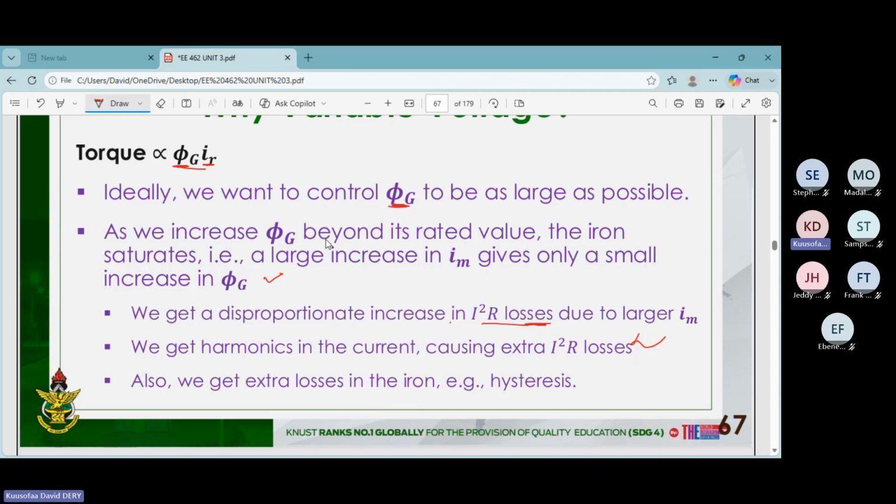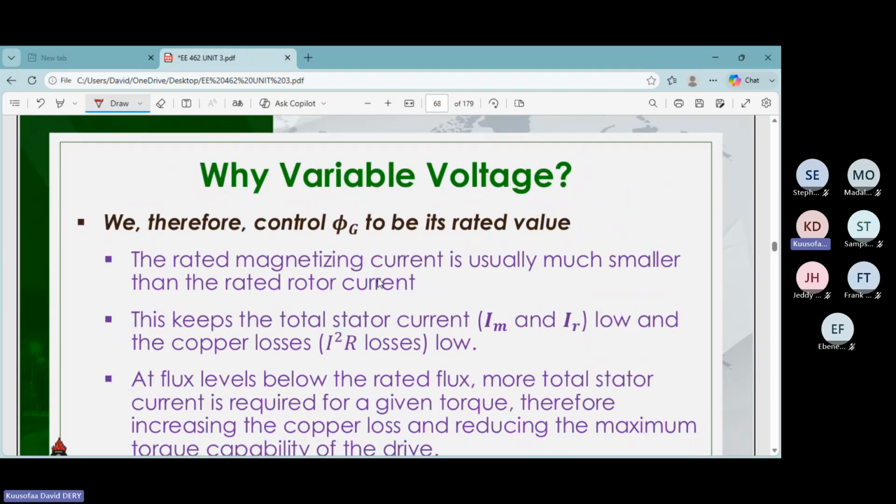So that means that you want to ensure that the flux is no more than the rated value, so that all these issues will not happen. So we therefore control the flux to be its rated value. The rated magnetizing current is usually much smaller than the rated rotor current. So when you compare the rotor current and the magnetizing current, the rotor current is higher than the magnetizing current. So this keeps the stator current also low, because the stator current is the vector sum of Im and